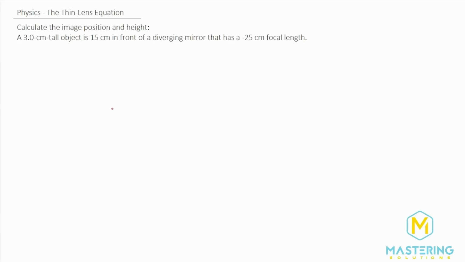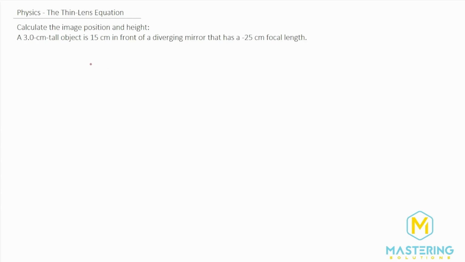Welcome to Mastering Solutions. In this, we're not asked to draw the ray diagram for this diverging mirror, but we're calculating the image position and the height. And so to do that, we're going to use the thin lens equation. Even though we're dealing with a mirror, the thin lens equation works the same and allows us to calculate the